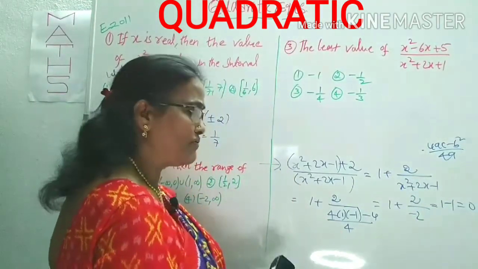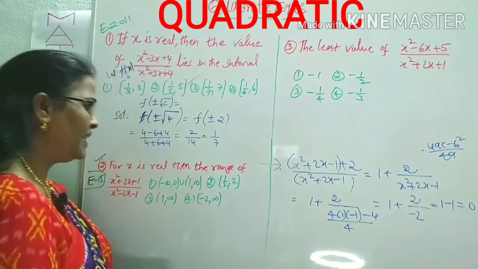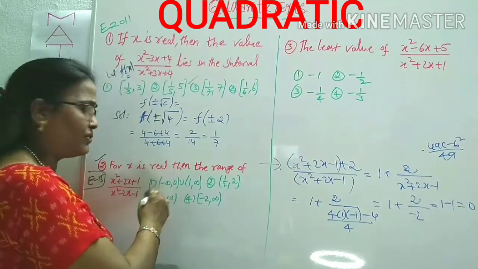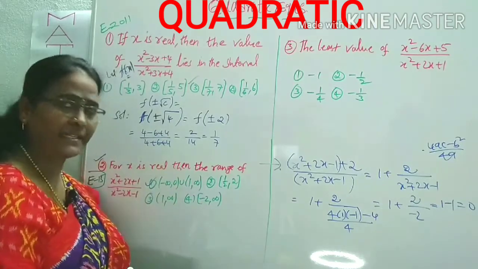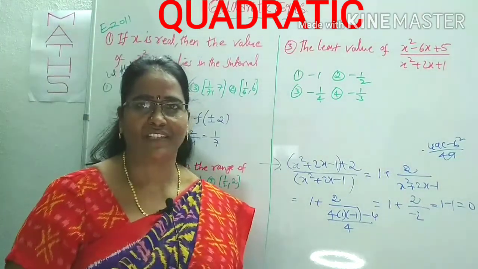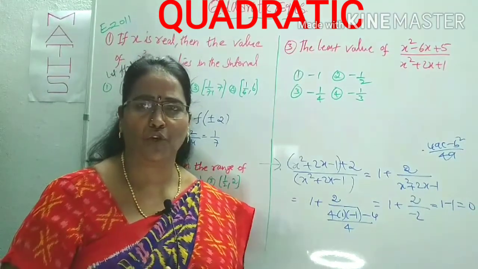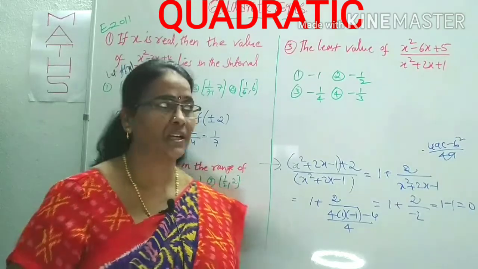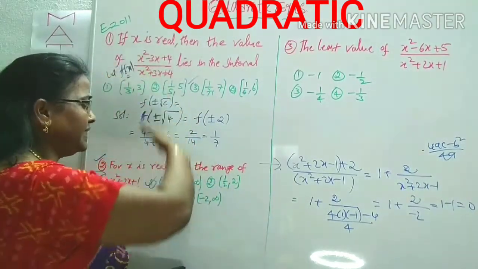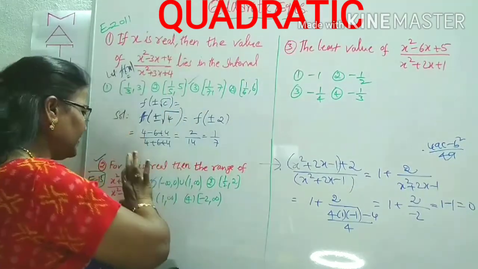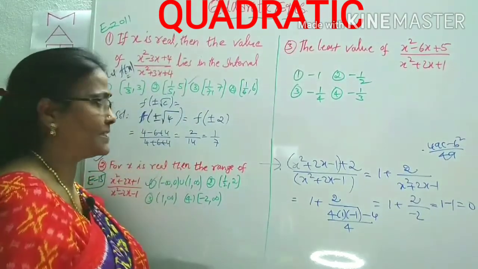So, we can look at the options now. 0 is which option? Yes, 0 lies between minus infinity to 0. That one you can pick up as one of the answers, the first option, that is correct. No need to go through the long process, you just have to consider how you can reduce that expression. So these two have a little bit of difference. If this form is different and this form is different, these two can proceed like this.